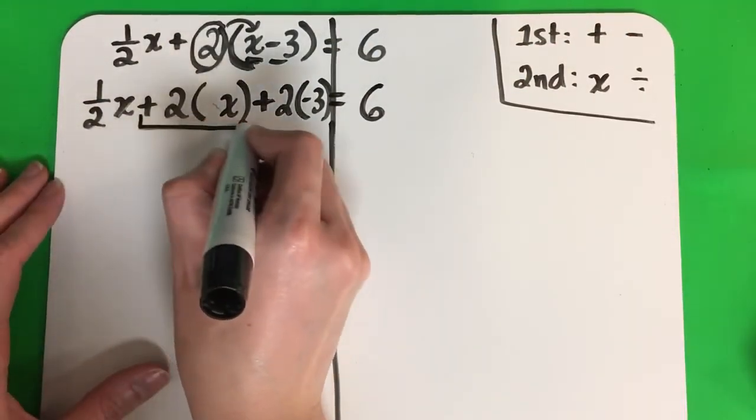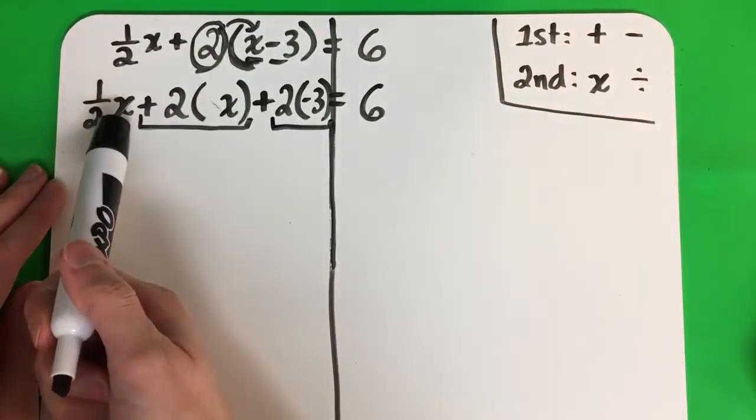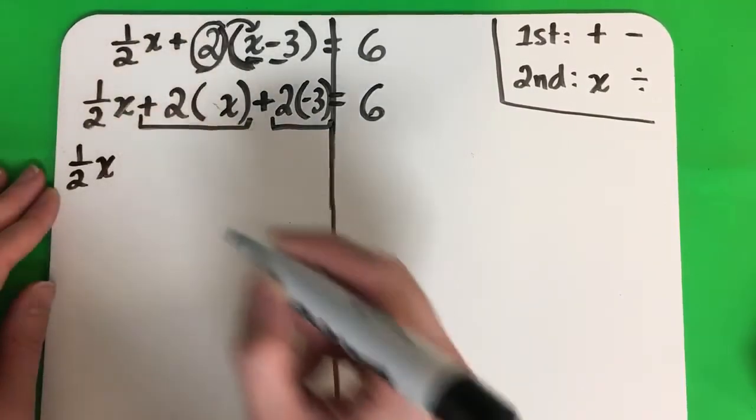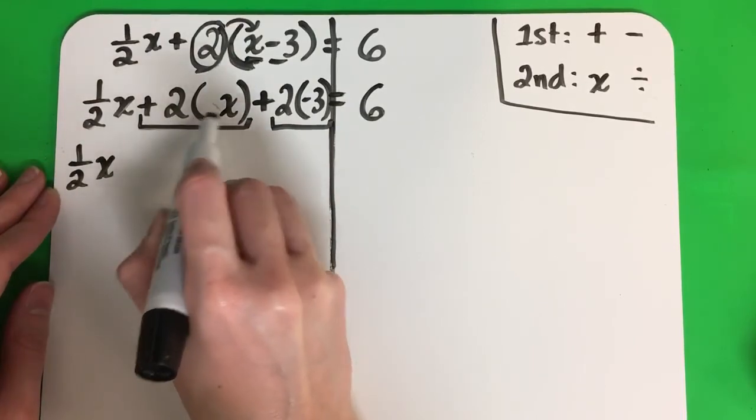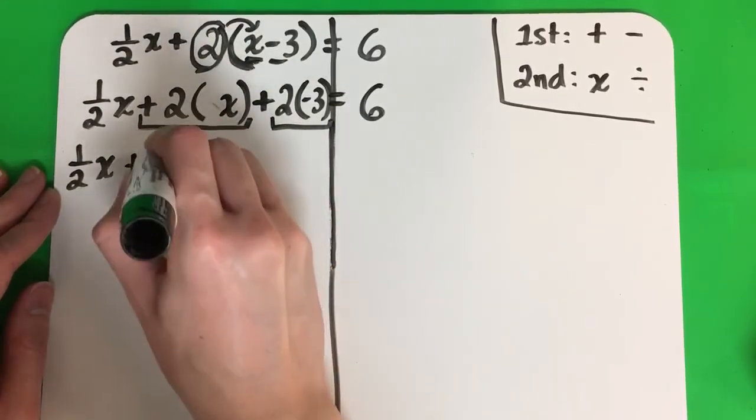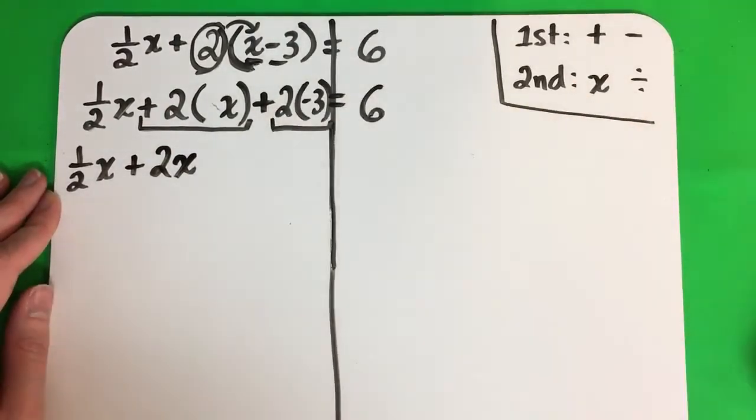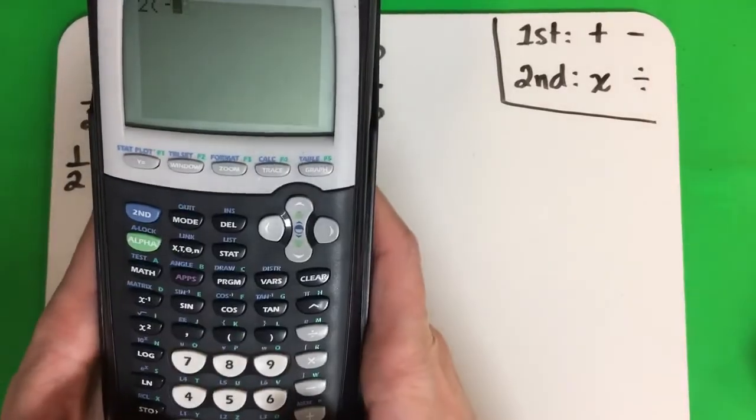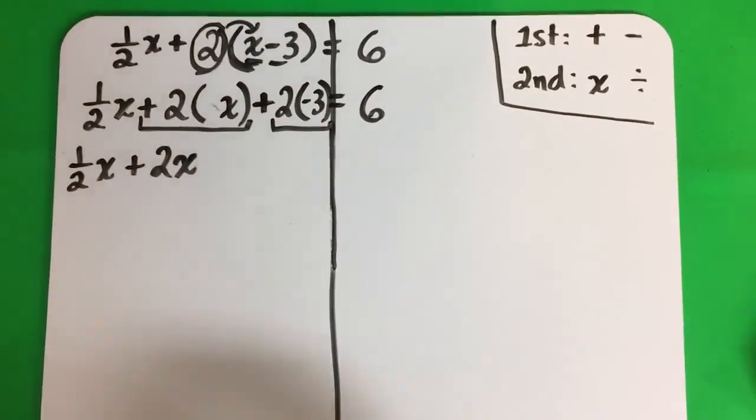So that would be this part and this part have parentheses. So copy here. There's no parenthesis, copy. Now, you have 2 times x, 2 por x, 2x. So plus 2x. Now, 2 times negative 3, 2 por negativo 3. So 2 parenthesis, negative 3 parenthesis, 2 times negative 3, negative 6. So minus 6